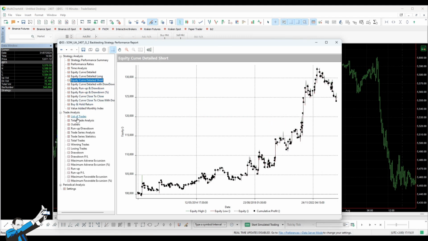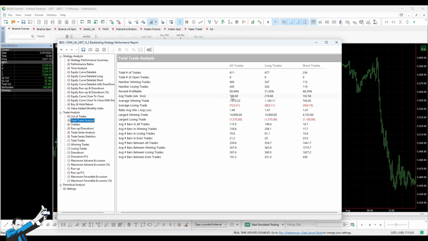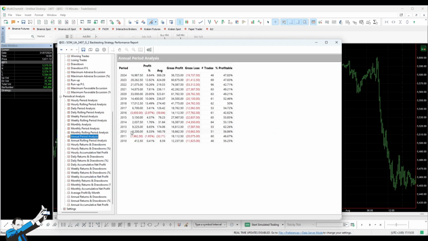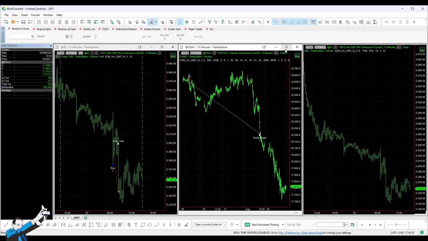Let's look at the average trade without costs and commissions, which for this underlying asset, we know can be around $12 to $15 per trade. So an average trade of $190 per trade easily covers these costs. There are about 1,000 trades and the annual earnings are very good. We had a bit of a struggle in 2016 and 2011 and 2015, and 2014 weren't particularly exciting either. But all the other years, especially the last 6 to 7 years, so from 2018 onwards, have shown very good performance. Now let's move on to the second strategy which works on the DAX.